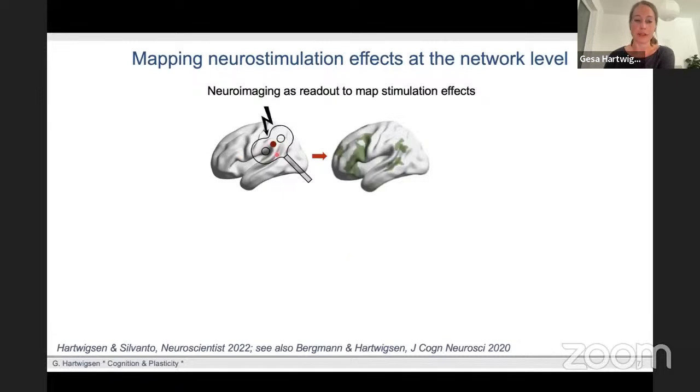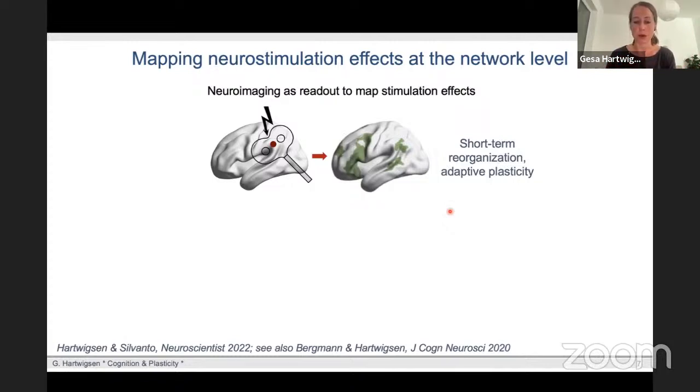So you have, for example, your inhibitory TMS protocol again, and we can use protocols where we induce plasticity. That is, the stimulation effect will outlast the duration of the stimulation for, let's say, roughly 30 to 45 minutes. And then you can map the after effects at the network level. And this is often referred to as short-term reorganization or adaptive plasticity. That is the response of the network to my perturbation. How does the network adapt to the perturbation? And an advantage of this method is that you get an outcome measure beyond the simple behavioral modulatory effect, which is sometimes super small.